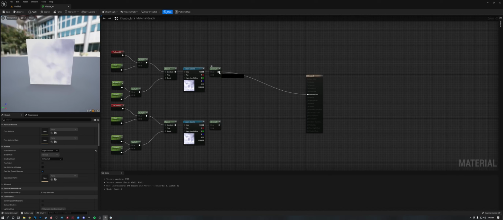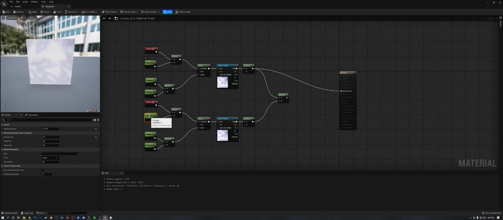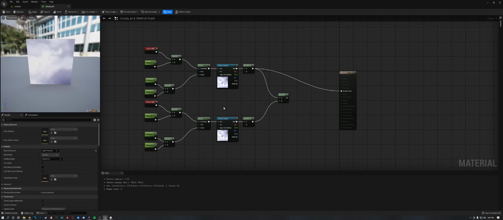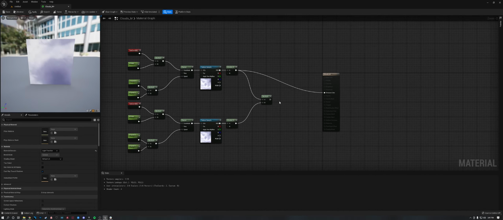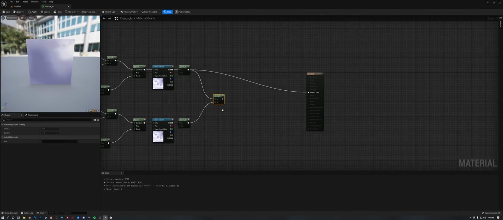And so we're going to take these two, and we're just going to multiply them together. This is basically going to overlay them on top of each other. And I'm going to set these to a slightly different value. I'm going to do 0.14 or something like that. And then for speed, type in, I don't know, something like this just to start us off. And then we can mess around with all this later. I'll show you. So yeah, we're going to multiply those two together,